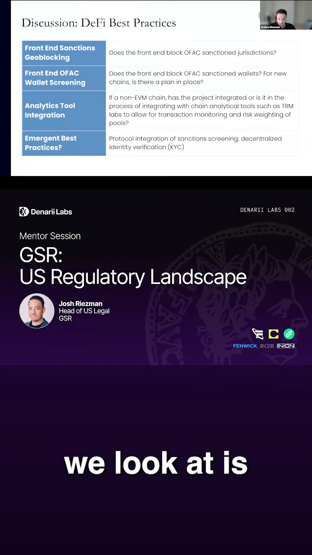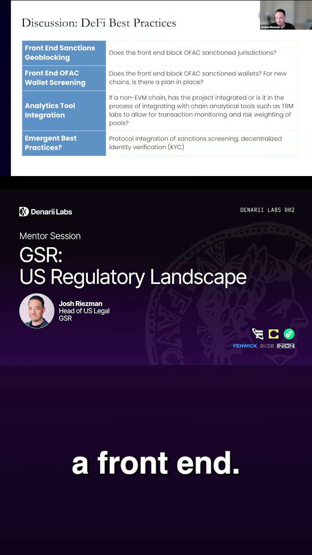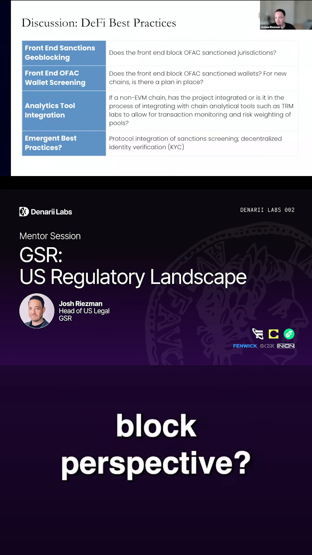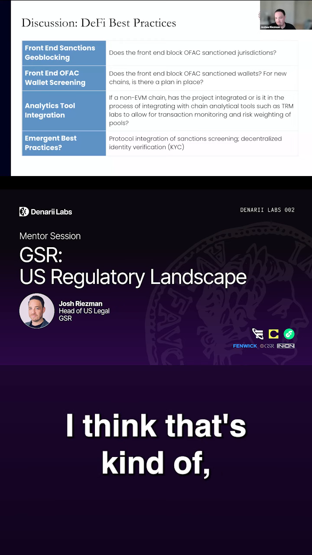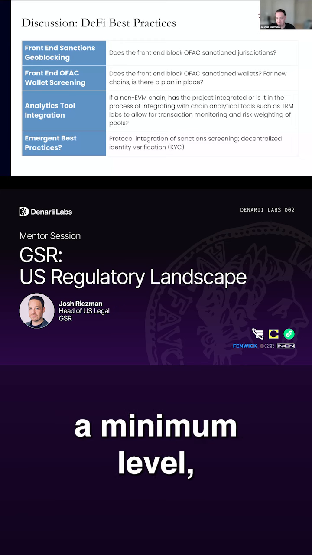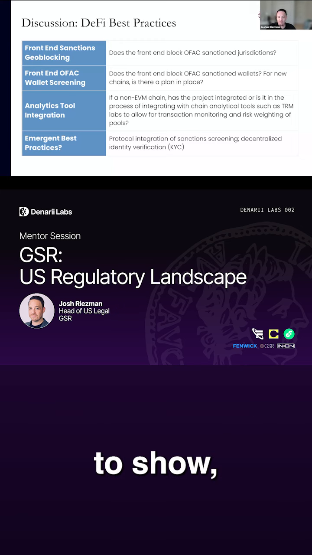First thing we look at is front end sanctions geoblocking, right? Does the front end, at the very least, so you may have a DeFi protocol and you'll have a front end. Can you reasonably be confident from a simple geoblock perspective you don't have North Korean IPs accessing the front end of the protocol? I think that's a minimum level of compliance you want to be able to show to be able to